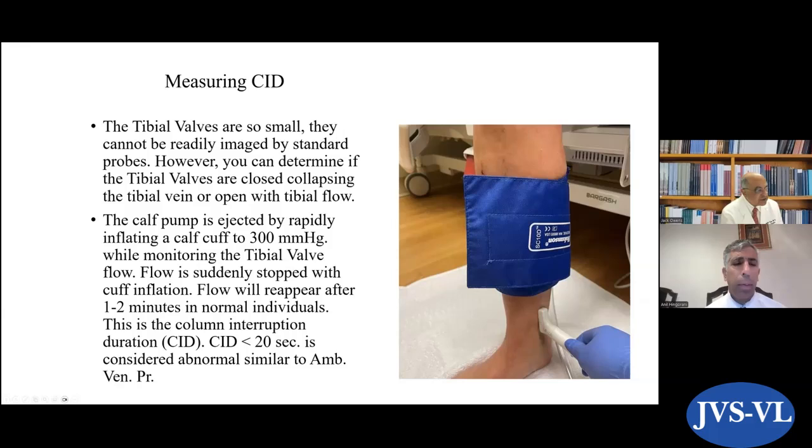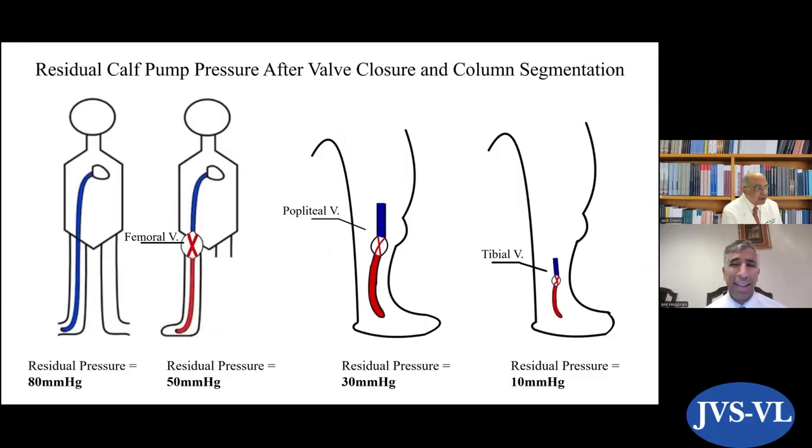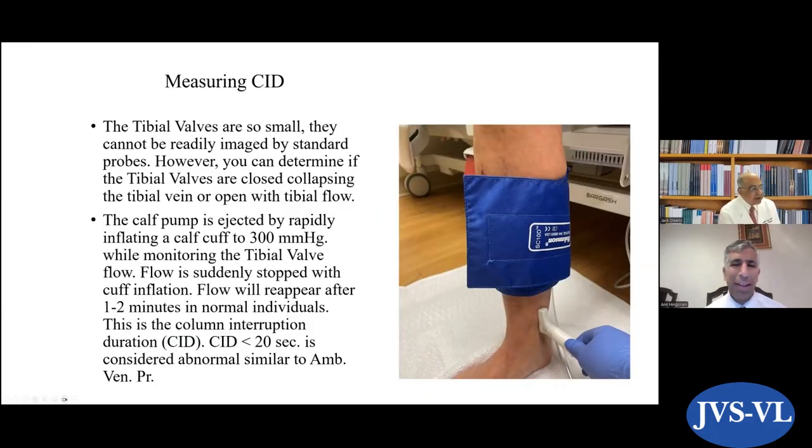Flow is suddenly stopped with calf inflation, of course. Flow will reappear after 1 to 2 minutes in normal individuals. And that is the column interruption duration, or CID. So you can see in the picture the calf is surrounded by the rapid inflation deflation cuff, and with a probe we are monitoring the tibial lower third of the tibial vein